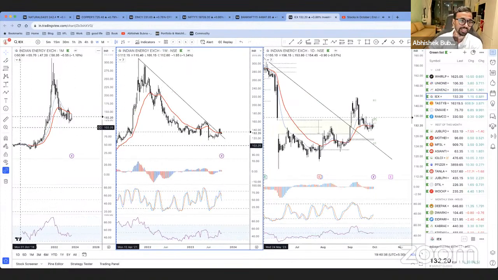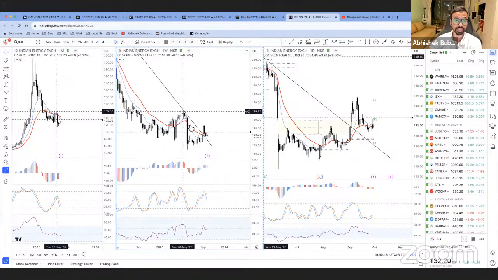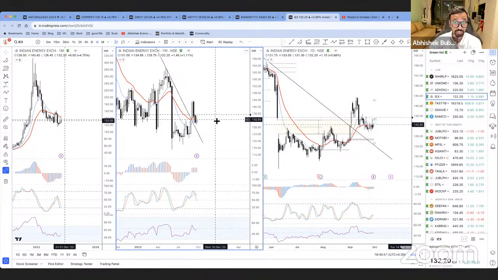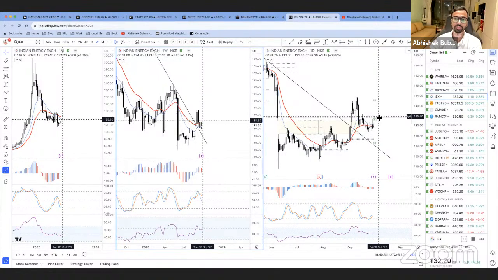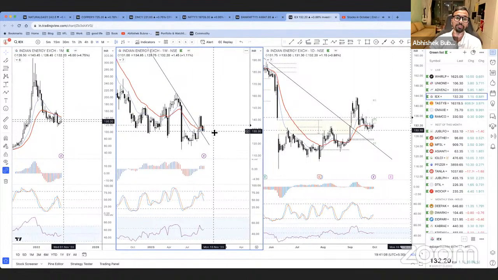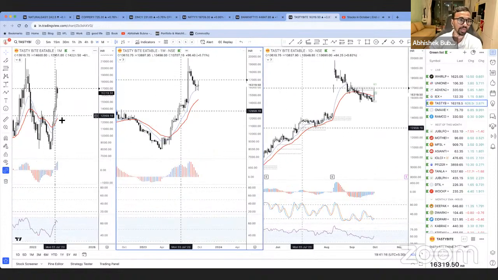Then you have IEX. IEX, of course, monthly bullish divergence has just started. Okay, follow through has happened. Is this a retest after the trend line breakout? We don't know. There is a bullish harami here, but the rejection is more on the upside. So we will get conviction when it closes above the monthly CPR. Either you have already entered above the gap, or if you haven't, if it goes above the monthly CPR, closes above this or breaks the high of the previous week, you can see lower highs are forming in the weekly, if that happens then also there is an opportunity that you can take in IEX.